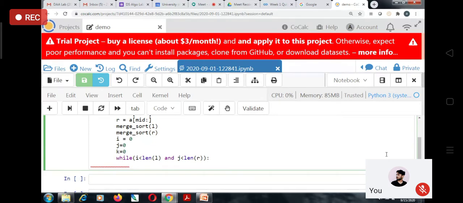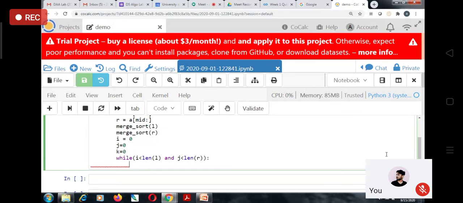We will take a third array and put the sorted arrays' elements one by one into the new array. That means we are basically comparing both the subarrays, and whichever is smaller, we put it into the new array first, right? Yes, sir. Okay, so let's do that operation here.